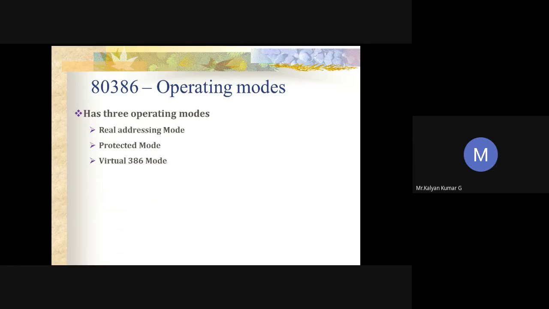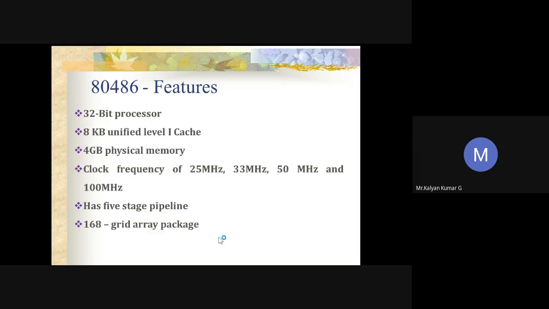So in simple terms, you can say it is a combination of the previous two modes. We call it virtual mode. So these are the 3 different modes available in the 80386 processor. This is all about 80386. Now let's look at the 80486 processor. Nothing much to discuss because almost all the features are similar to 80386. There are only minute changes, so we'll just touch upon those changes alone, and then we'll complete this processor also.